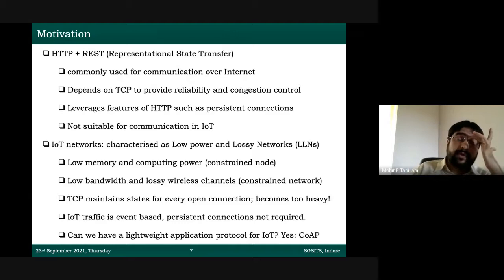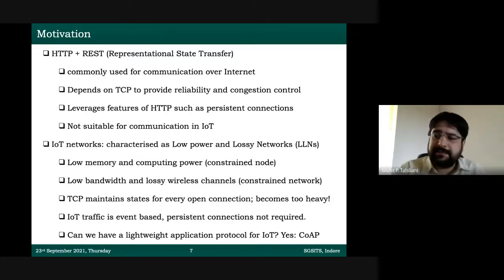So, of course, TCP is not the default choice in IoT, and people tend to move towards UDP. We'll come to that in the next slide. And more importantly, IoT traffic is event-based. For example, you might request a sensor, please keep sending me temperature data periodically, every 3 hours. It doesn't make sense to ask for temperature every 5 minutes because temperatures don't change every 5 minutes.